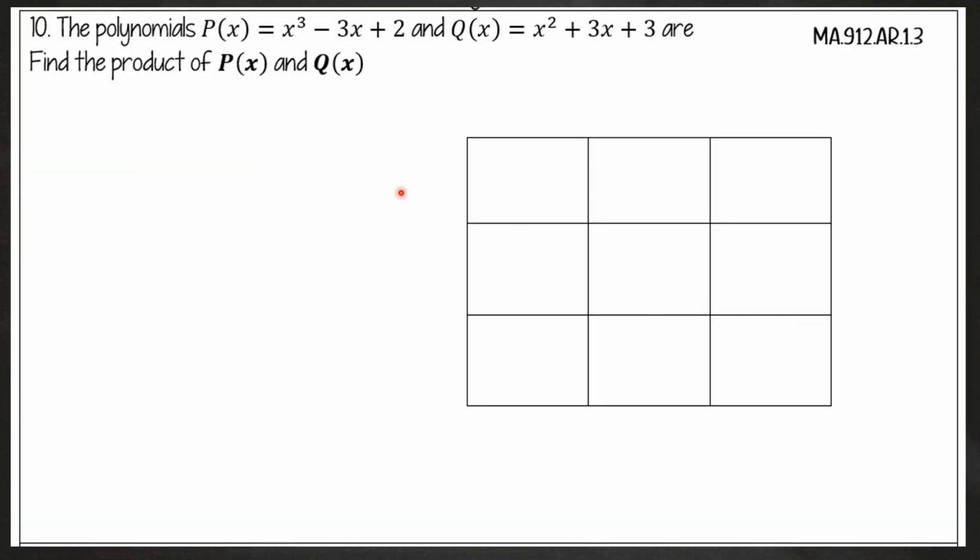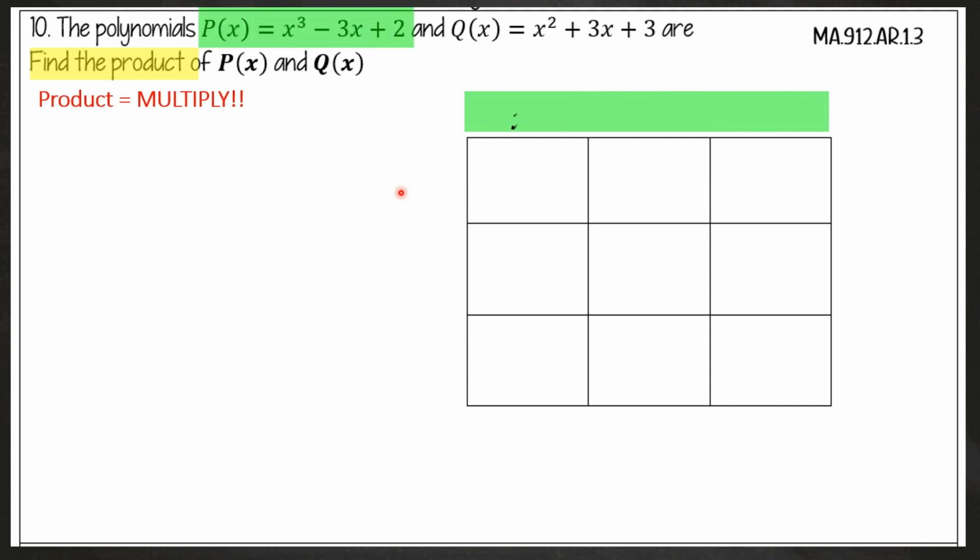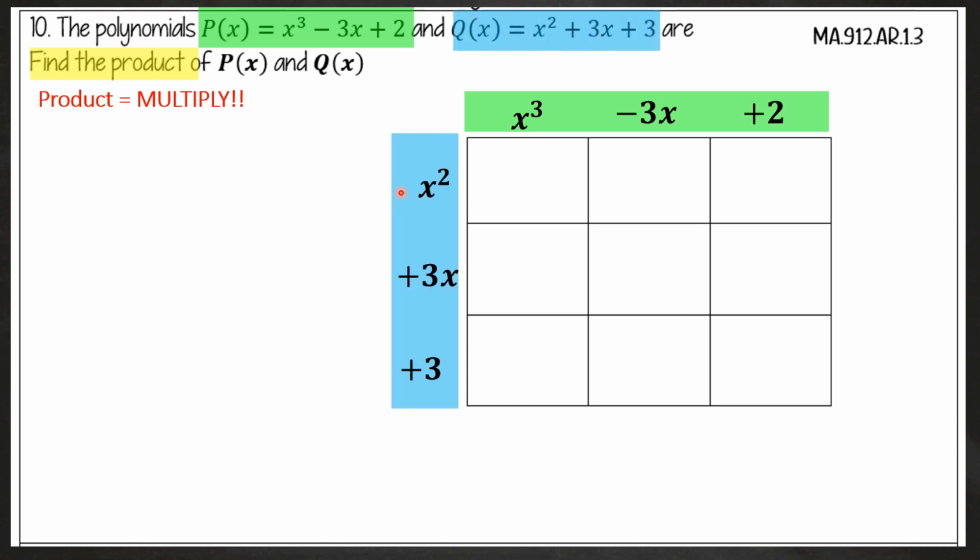All right, last question, second to last question. Question number 10, the polynomials p of x and q of x. So we need to find the product. Find the product means we are multiplying the trinomial p of x times the trinomial q of x. So we're going to set up our area model, and we're going to multiply all of those terms together and